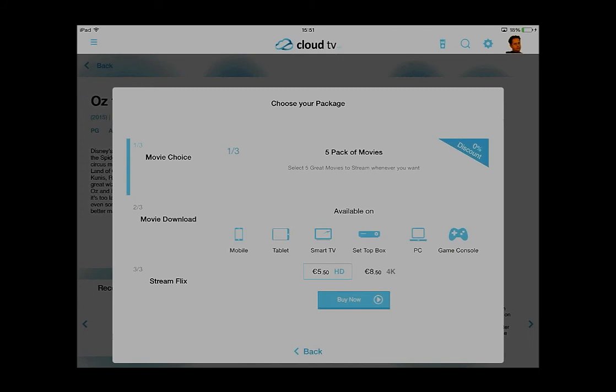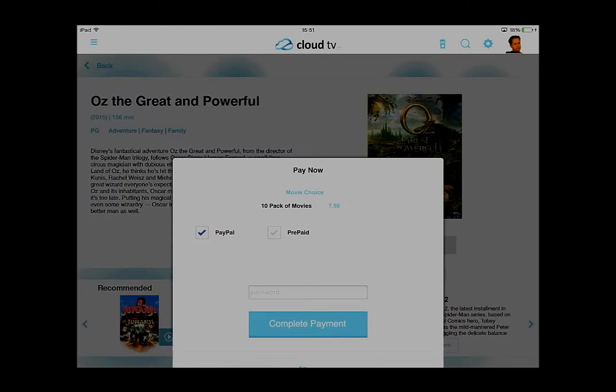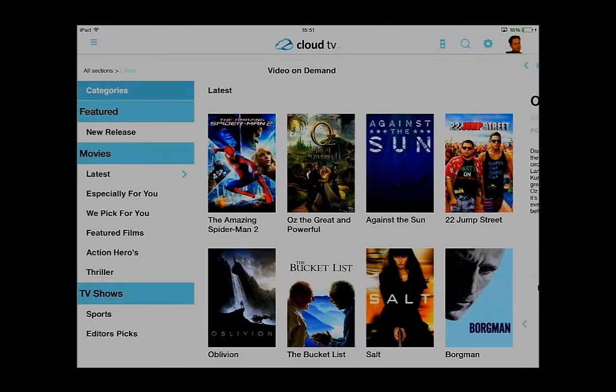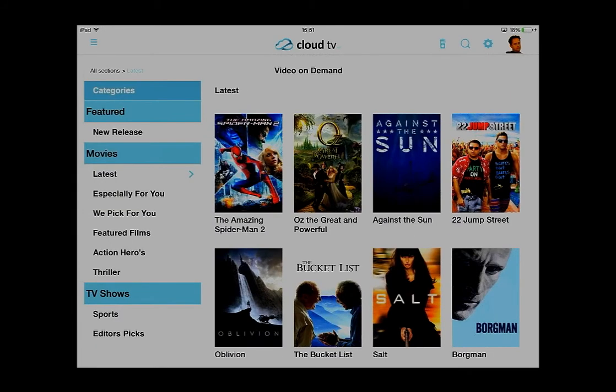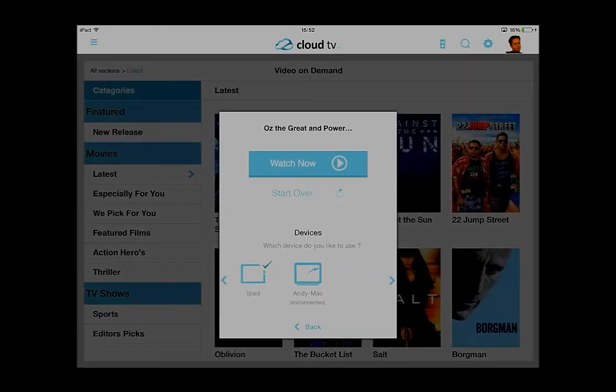Or I could use it as part of a movie pack. And let's say I want to buy 10 packs of movies, or 10 packs of movies with free data. I would buy this movie pack, complete the payment, and just like I had the a la carte experience on my channels, I now have the a la carte experience on my video. And again, I can watch it,